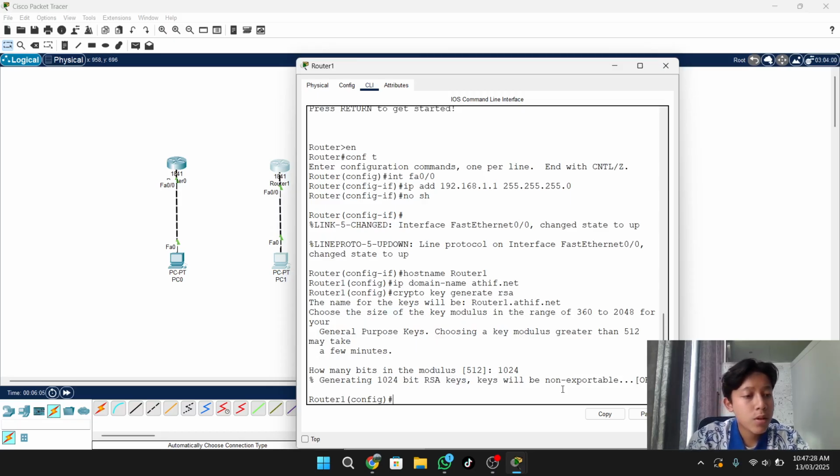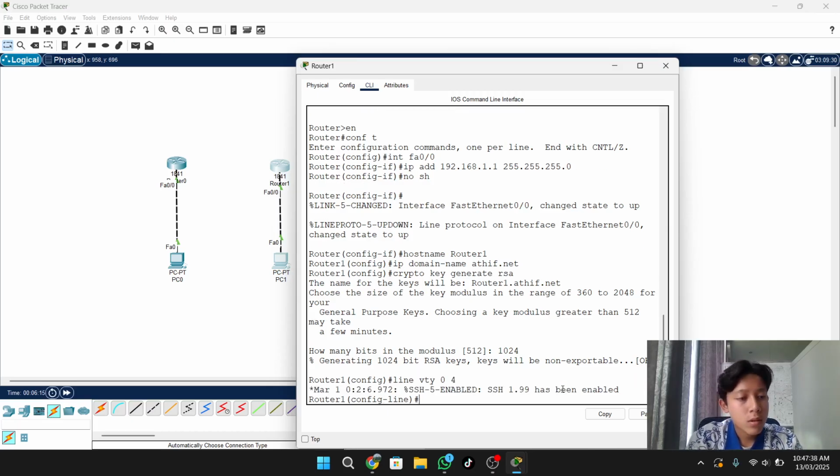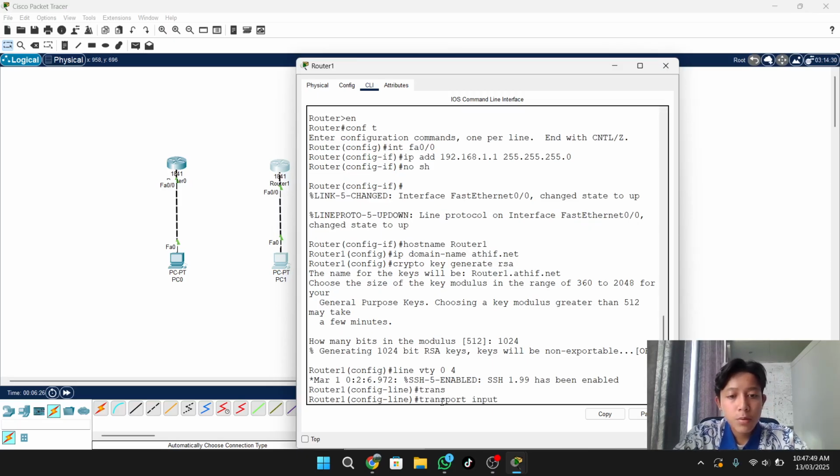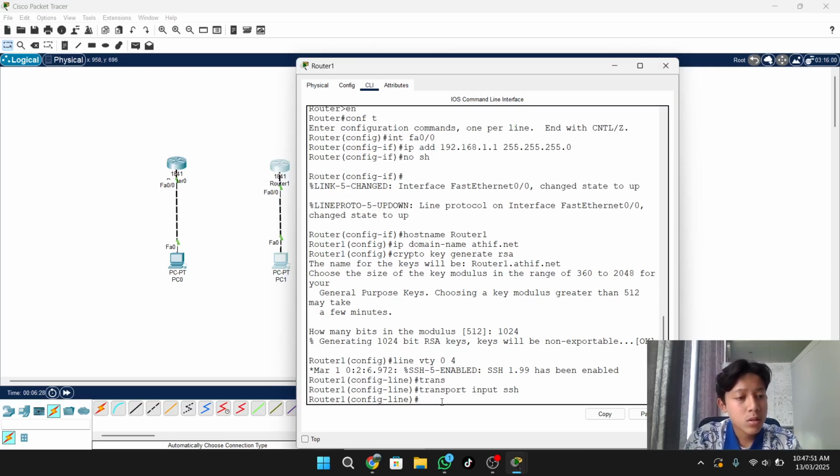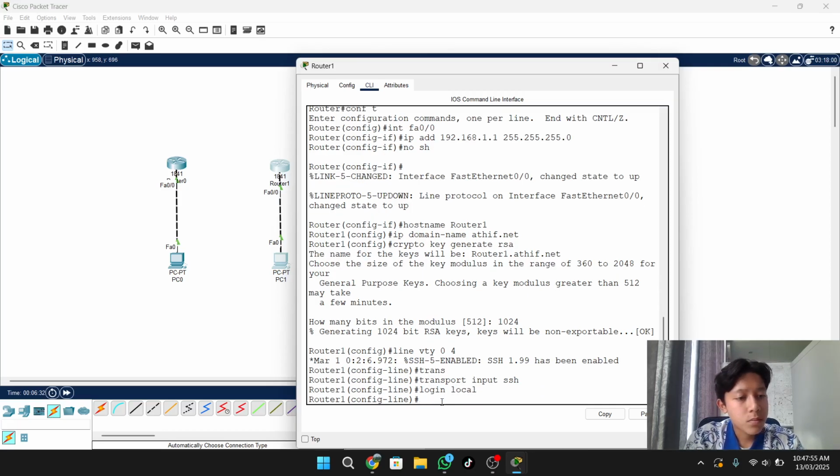And you can configure the virtual terminal lines, or VTY. You type line vty 0 4, and here you can see SSH is enabled, and you type transport input ssh, and login local, and exit.